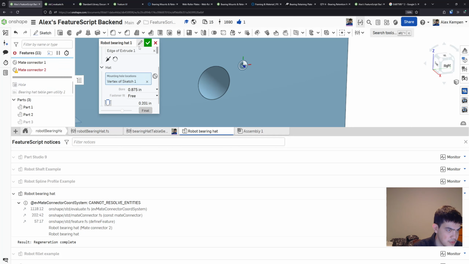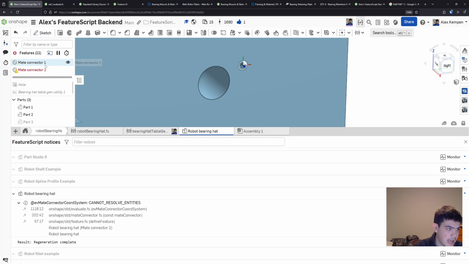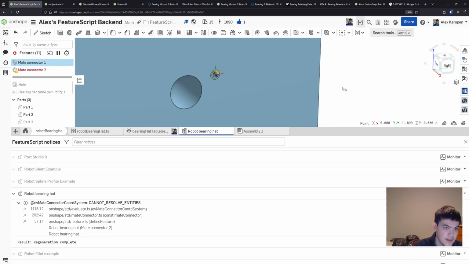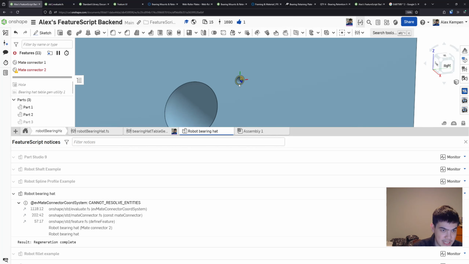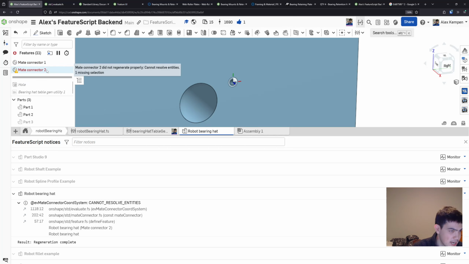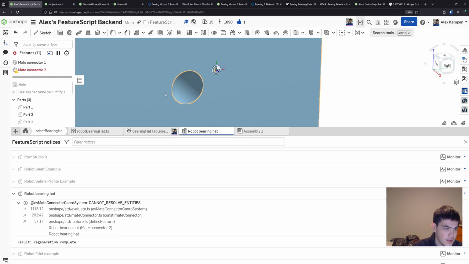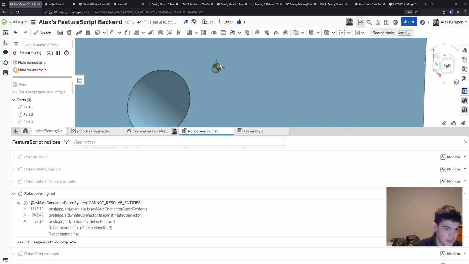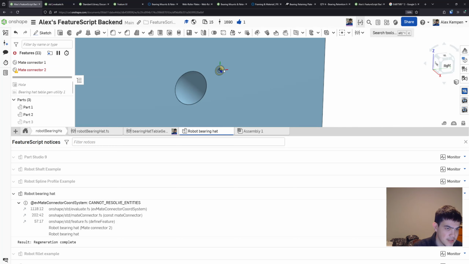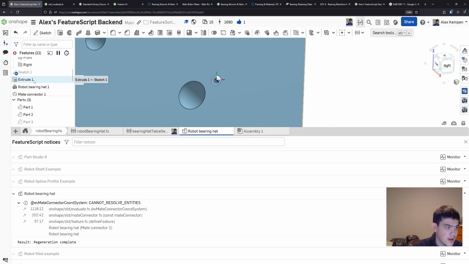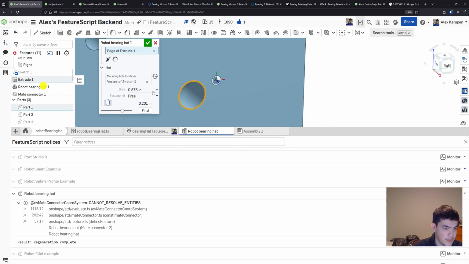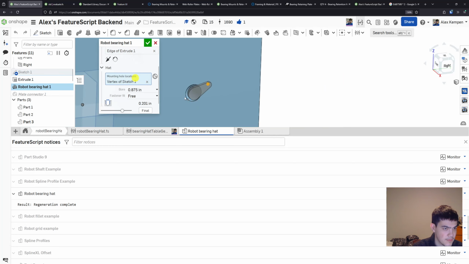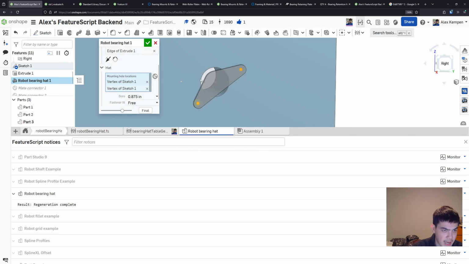But we see when I do that, actually mate connector 1 is fine, but it's now over here, and mate connector 2 is the one that broke. So if we had something mated to this hole, when we delete that hole, it would have jumped over here. And whatever we had mated to this hole is now broken, right? And if we are like, oh, it's broken, that's weird, and we add it back,